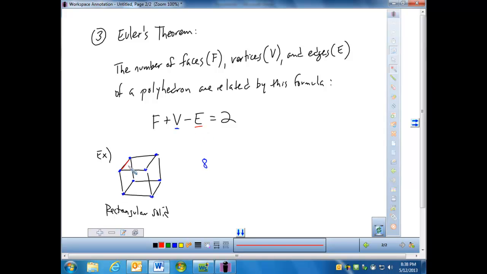I'll go red for my edges, and I'm just going to trace all the edges there. So 1, 2, 3, 4, 5, 6, 7, 8, 9, 10, 11, 12. So 12 of those. And then I'm going to go green for my